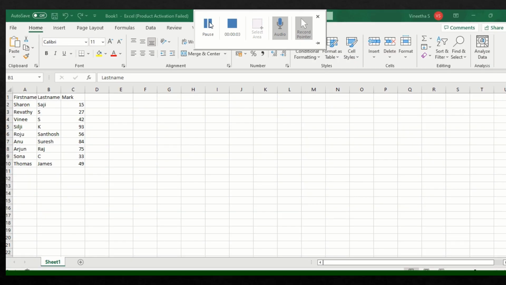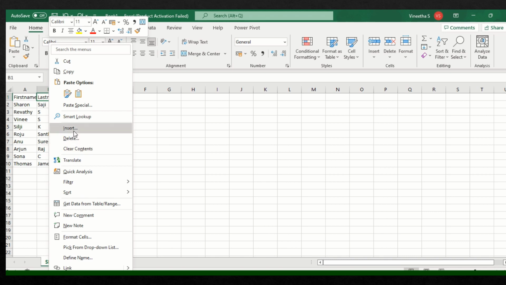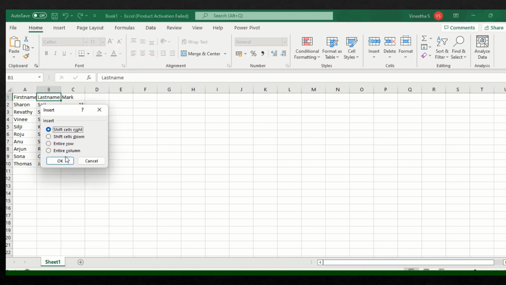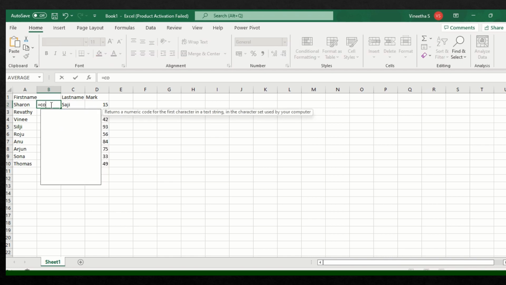So here I have taken a student data set where the name is given as first name and last name, but I need the name as a single field. So let's see how we can use the concatenate function to concatenate the first name with the last name. For that, we have to first select a blank column, and we have to type the equation, that is equal to concatenate,